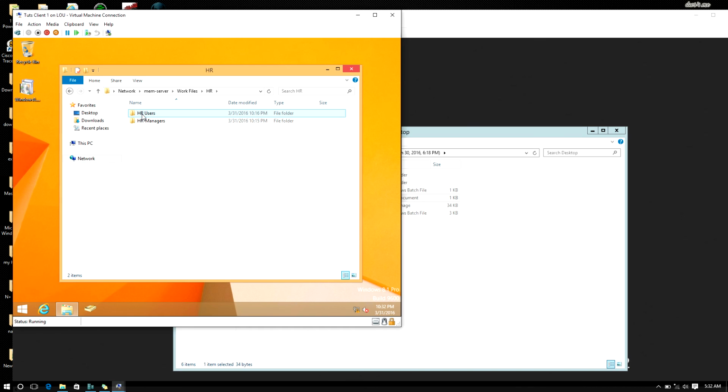managers folder. In that case, you will have to go and remove the HR users from the HR managers, and you can do the same thing for MIS. You can do the same thing for sales. So depending on what the security objective of your organization is, you can set your permissions anyhow you want the